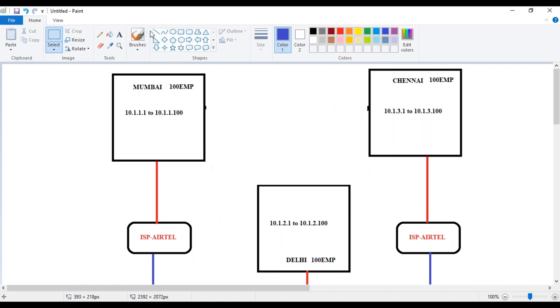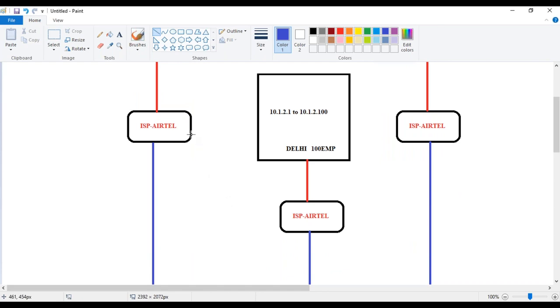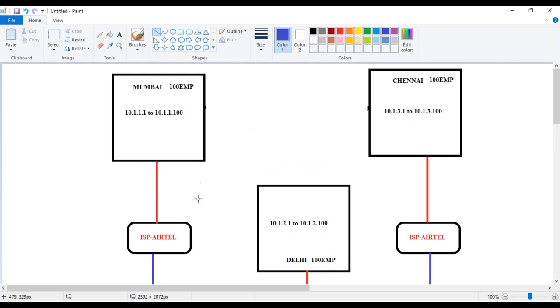Because these three are using the same ISP, through the ISP they'll connect internally, guys. There is no big deal. They'll give the connectivity, so Delhi can connect through this ISP to here, and there will be connectivity.